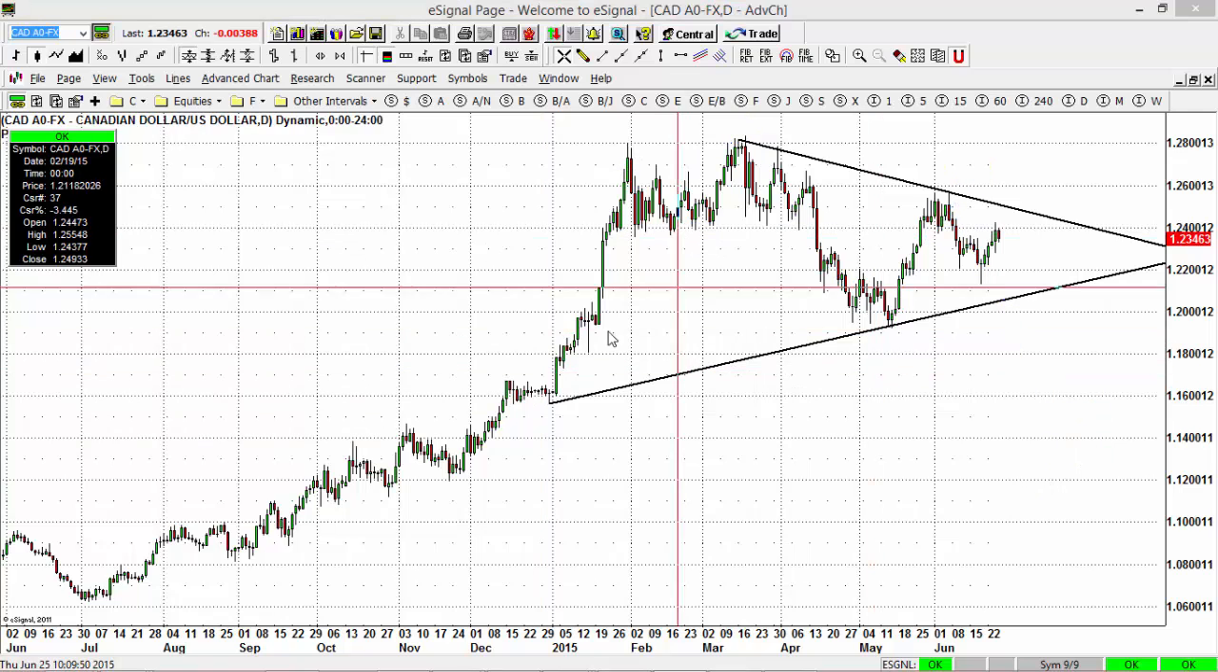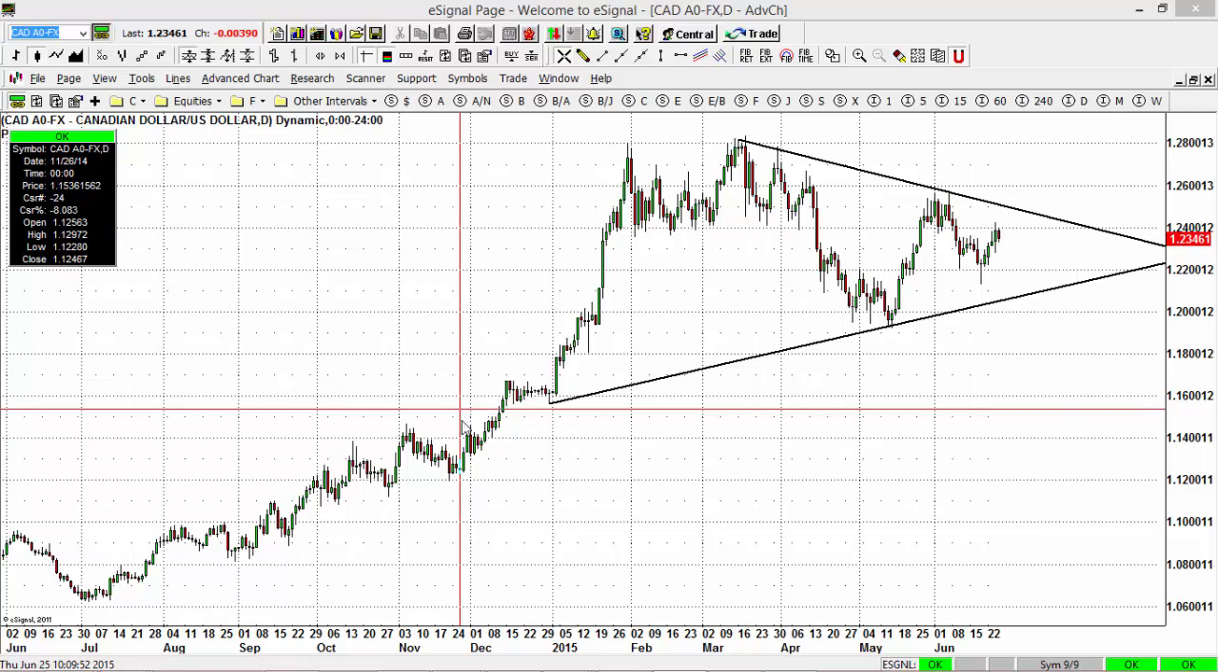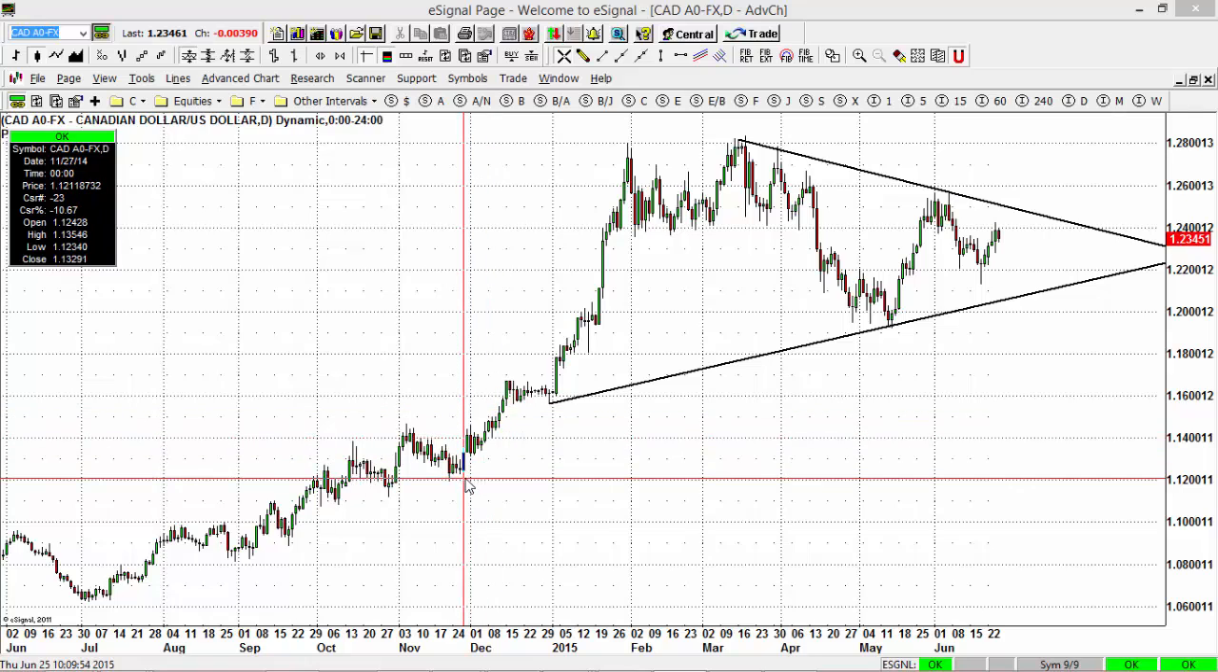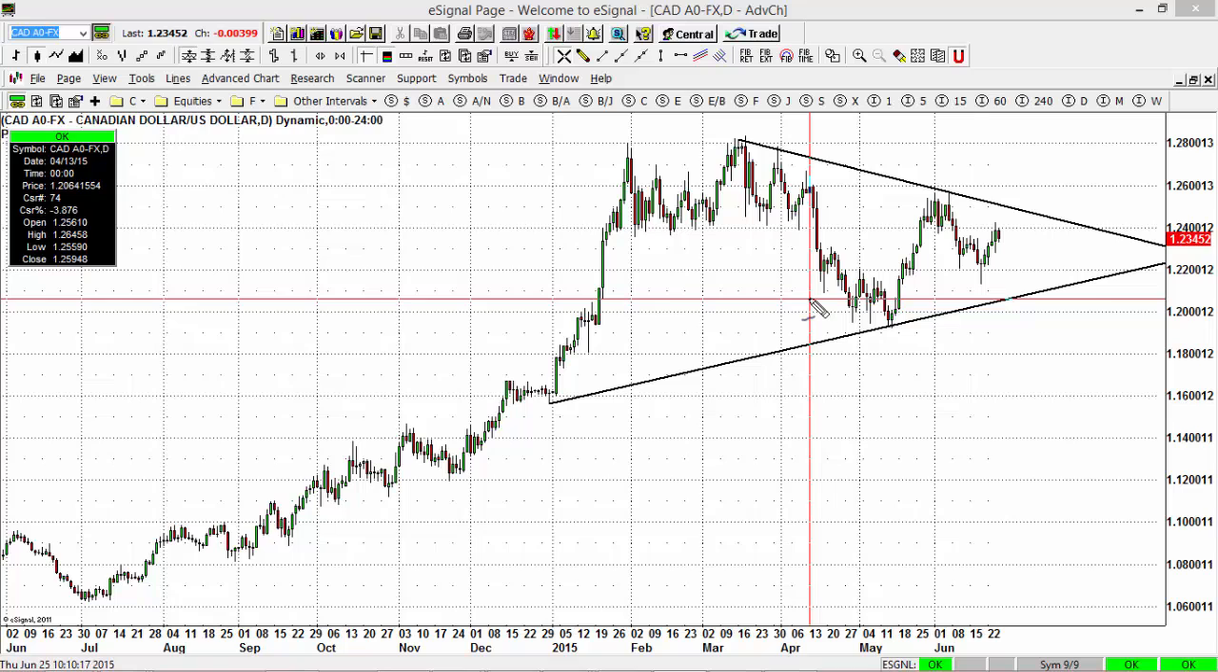Or alternatively, with the Canadian dollar, are we A, B, C here with a rise above this high? Will that make D? That's a scenario playing out in the Canadian dollar, and that's why again we have this consolidation pattern right here